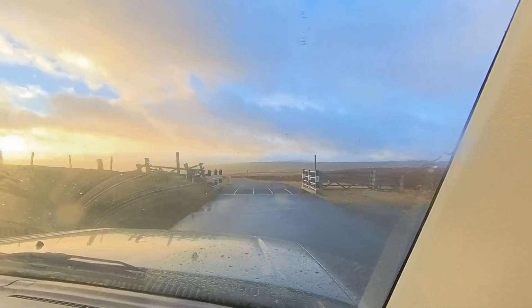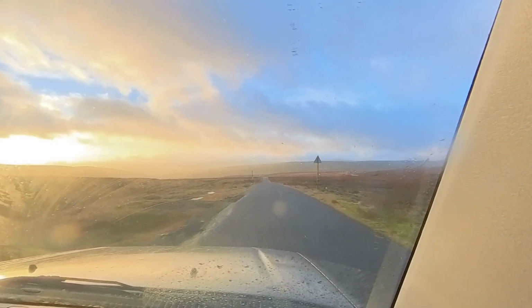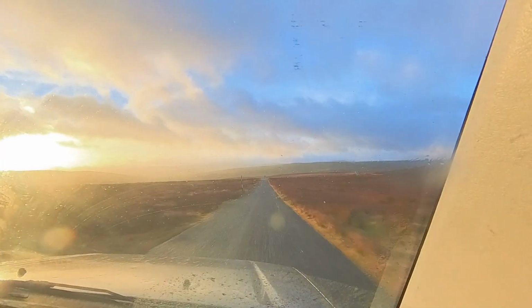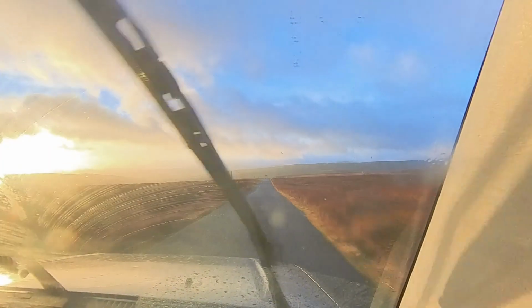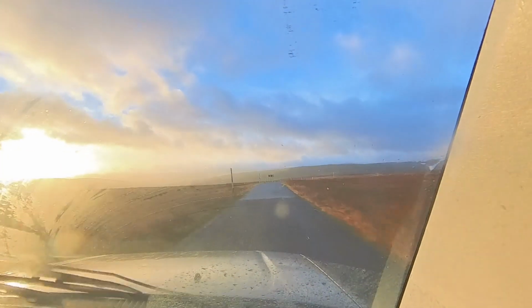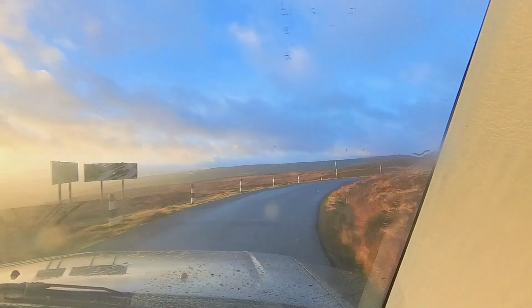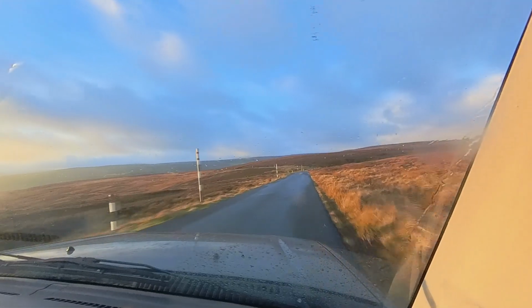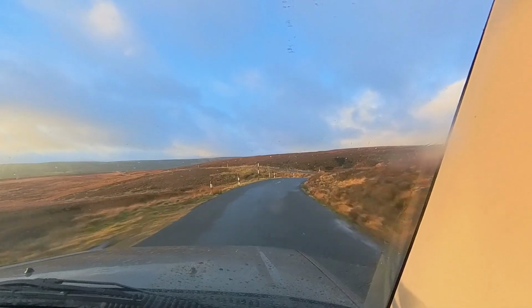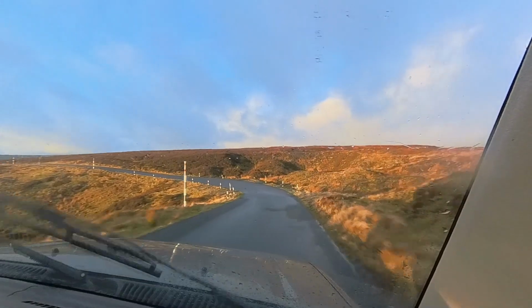After Blanchland, head up onto the moors, back into County Durham again, headed towards Rookhope, and again you can see it's a nice sunrise in the morning in the middle of nowhere. And it's a surprisingly nice sunny day considering the amount of weather there was. After crossing this moor, we ended up down in Rookhope,